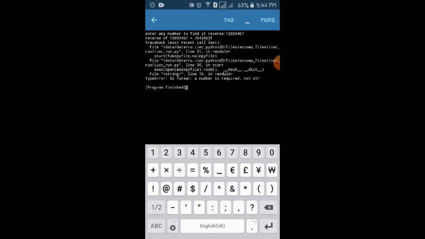Input 1 2 3. Oh, an error occurred. Yes, I got the error.